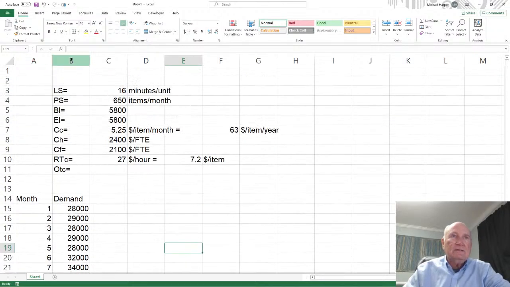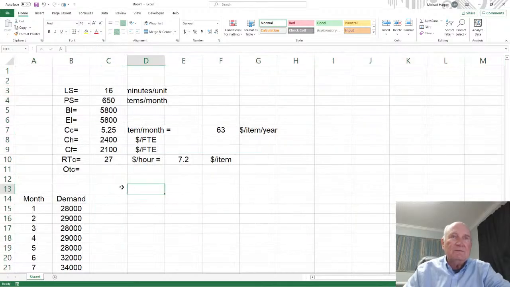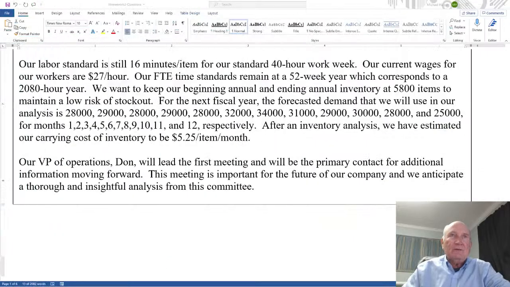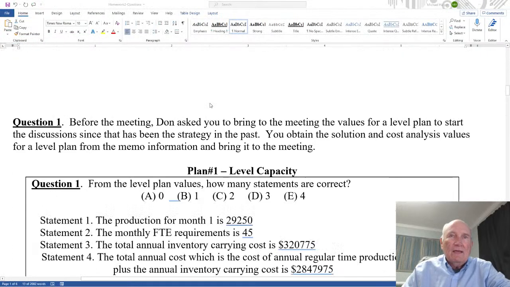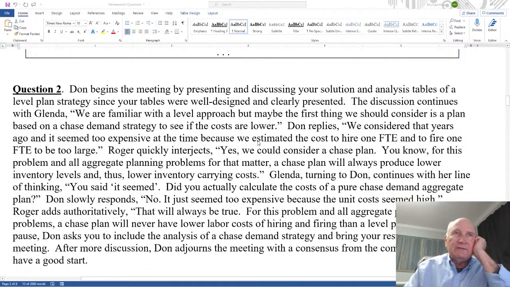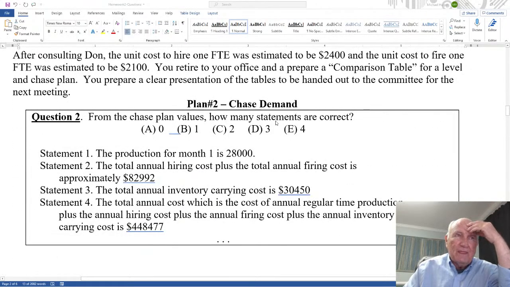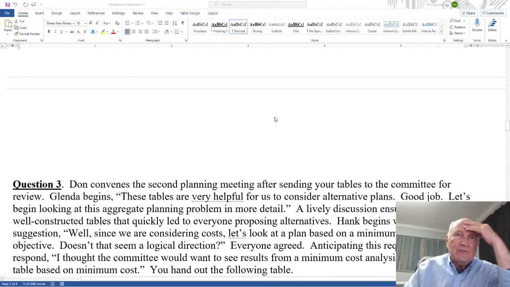So let's go ahead and center all this. That's good. Okay, now let's come back to the problem. And so the first one is going to be level capacity. And then I ask these questions. And then the second question, Don says, well, let's consider chase demand. So question 2 is chase demand. And hopefully everyone will do that. And I'll show you how to do that in just a second. And then the third one,